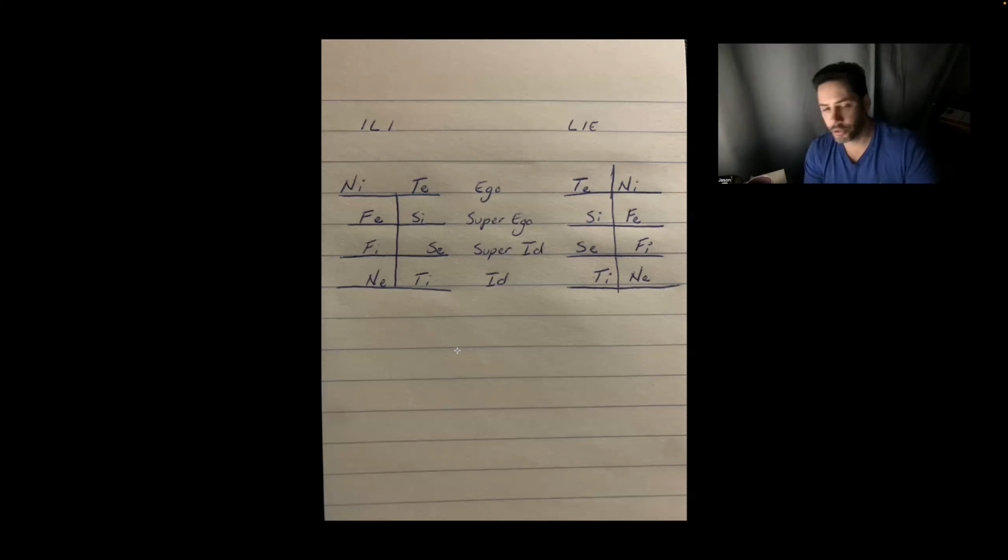The LIE will also demonstrate a better use of NE as well. See, the ILI ignores NE. They can do it, they just don't care. The LIE demonstrates NE stuff. So this will manifest in the